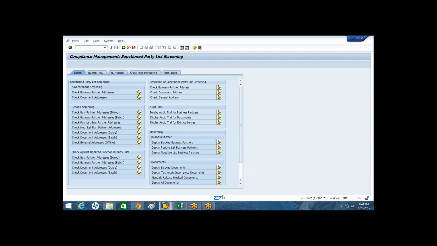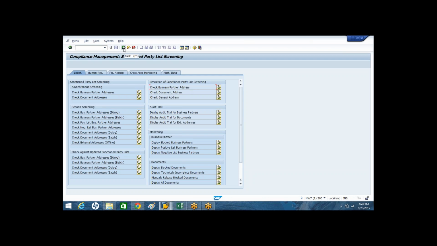There is much importance to the simulation in the SPL screening process. Why is it so? Because, okay, I think I missed out one configuration.